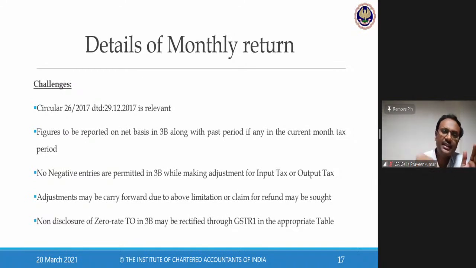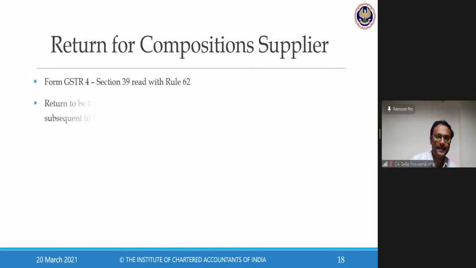If someone is asking you, have you read the QRMP scheme for your examination, you may expect one question. I would say this is out of syllabus because your May 2021 attempt is curtailed only till 31st October. But for your knowledge, this new scheme called quarterly return monthly payment says you file your GSTR 3B once in a quarter, but whatever taxes you have to pay, on a monthly basis. Your institute material has not discussed anything about the QRMP scheme, so you can relax on QRMP for your examination purpose.